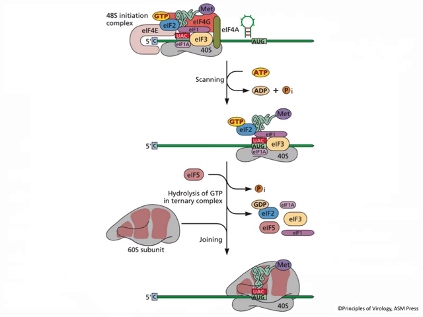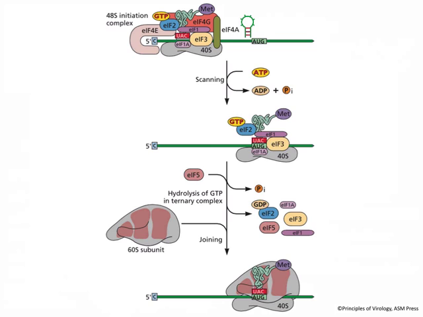So the helicase that unwinds the RNA requires ATP, so that's shown here. This whole complex moves down the untranslated region. It encounters an AUG codon, which is the right one for initiation. Now, what does the right one mean? This is a complicated area that we don't have a lot of time to go into, but it's often the first AUG in a 5' untranslated region, but not always. There are exceptions. And secondly, there are sequences around the AUG that specify a good initiation context, as we say.